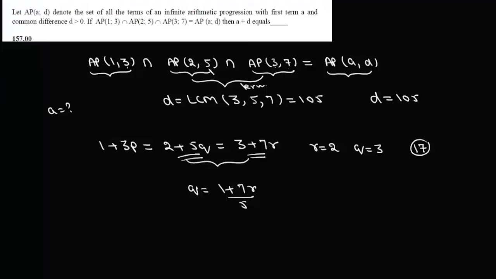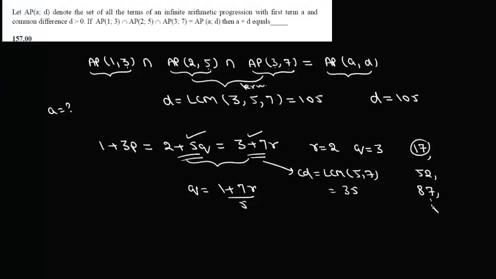Now we know that the common differences of these two series are 5 and 7. So the terms which are common to these two series will have a common difference which is the LCM of 5 and 7, which is 35. So the terms common to these two series are 17, then 17 plus 35, 52, 52 plus 35,